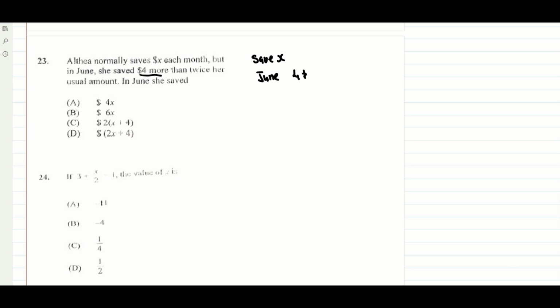If she's saving x, it will be 2 times x, which would be 4 plus 2x, right? So that would be this right here. D is the answer. Let's look